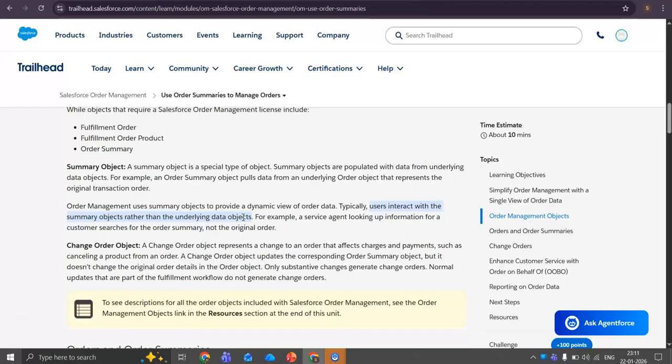Okay. In order summary, one item has been cancelled. So now how can I communicate to the original order that one item in this order has been cancelled? How can I inform the order from the order summary? To update or inform the order that the one item has been cancelled, we will use